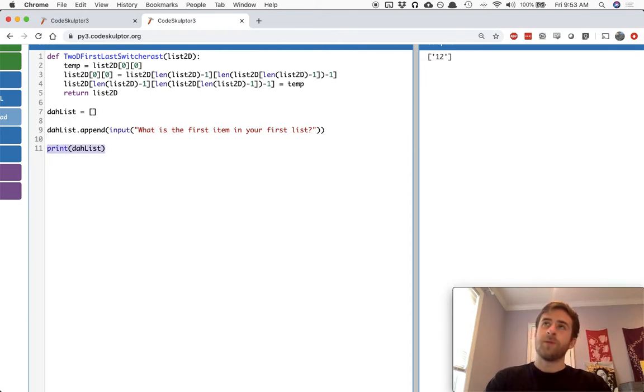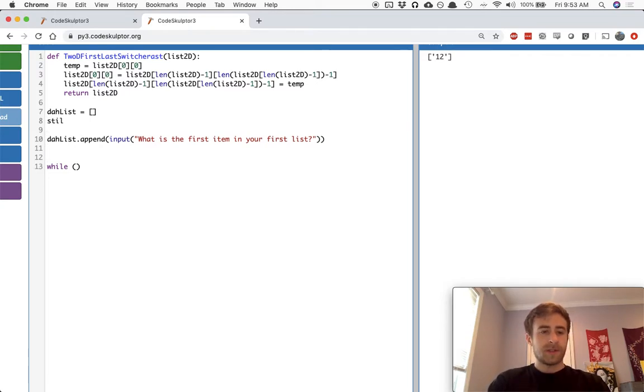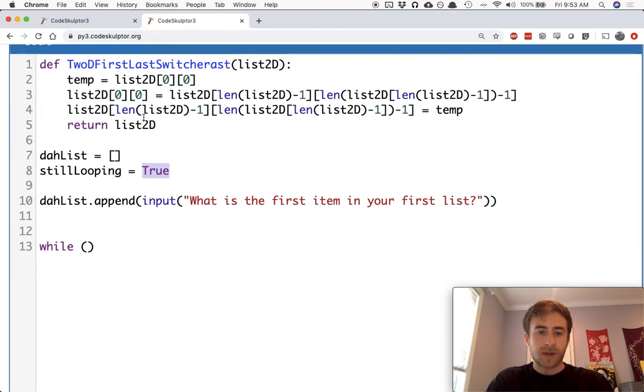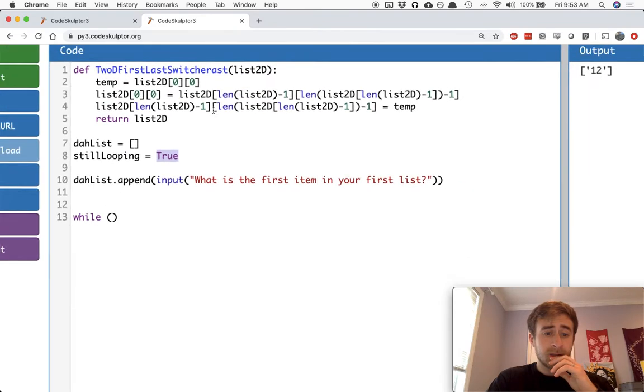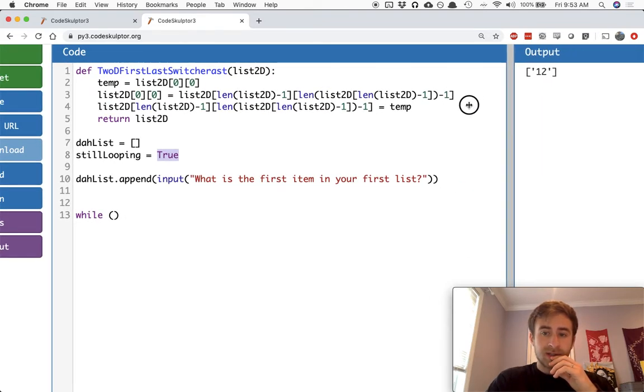All right, so what is the first item in your first list? And then what I will do is create a while loop, maybe called still looping, and I'll set it equal to true. How do you, capital True? Yes, True. By the way, I knew that because when I typed in all caps TRUE, it stayed black. It didn't change to blue or red or purple or another color. When I typed it like this, the color changed to purple, so I knew it was a reserved word. So I'm going to say while we're still looping,